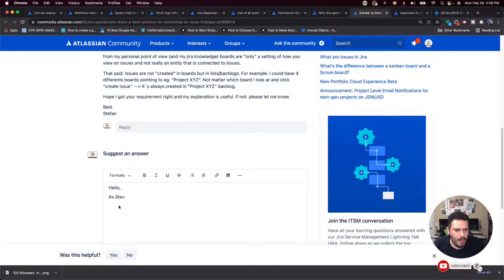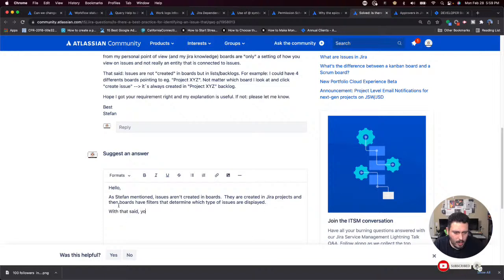As Stefan mentioned, issues aren't created in boards. They are created in Jira projects. And then boards have filters that determine which type of issues are displayed.